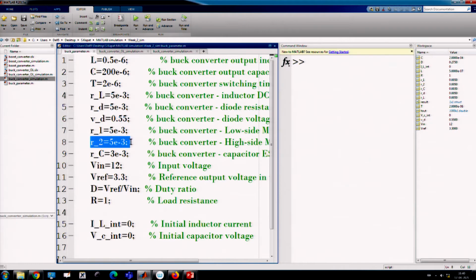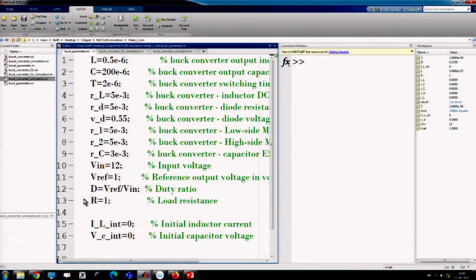The low side MOSFET we are not using, so this is still there. Then 3 milliohm resistance for the ESR, 12 volt input. Here we are talking about 1 volt output, not 3.3, 1 volt output, and the load current can vary.